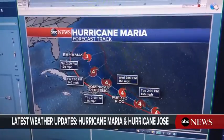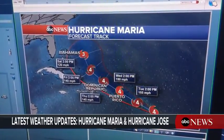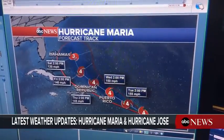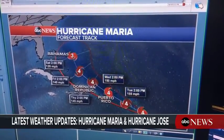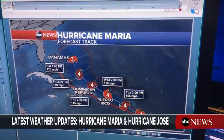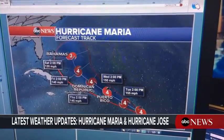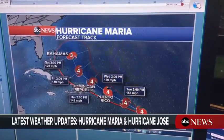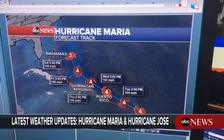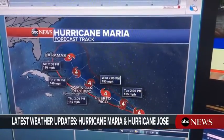Then it gets a little murkier because that's just how far out. So it takes time, and meteorology's come a long way. We've gotten really good at forecasting within 3 to 5 days, and certainly between 1 to 3. But beyond that, that's why we show the cone. The cone is so important because the cone means those impacts could be seen on either side of that. If it goes farther east, not even the Bahamas see any impacts. If it goes farther west, then we start